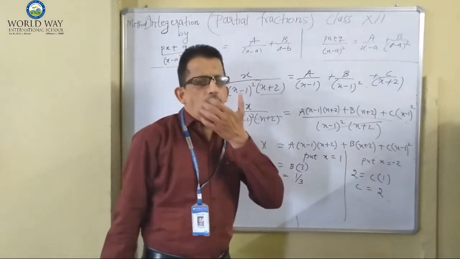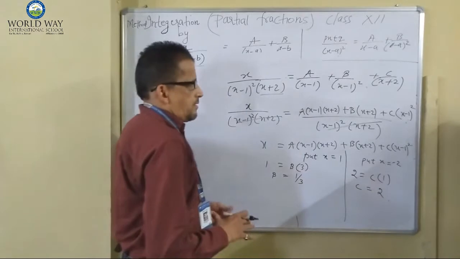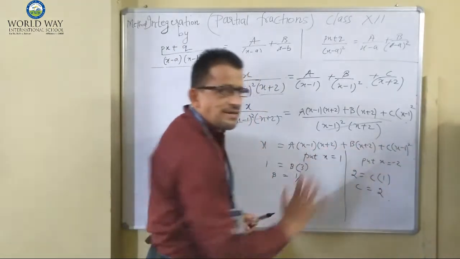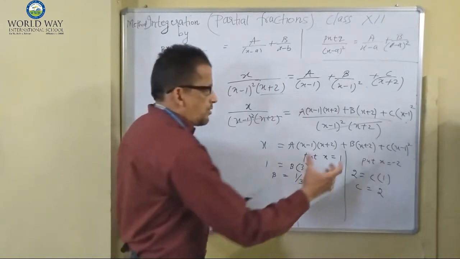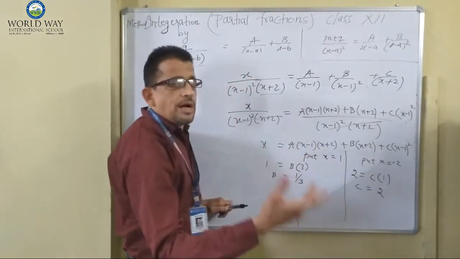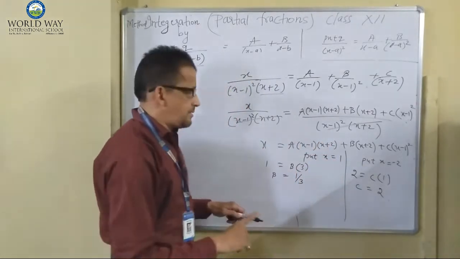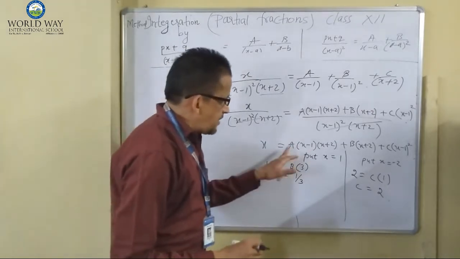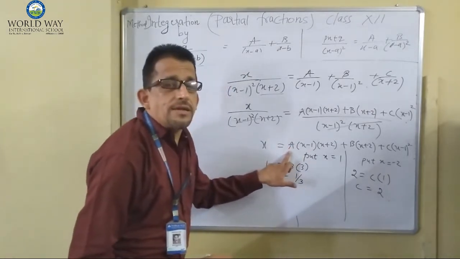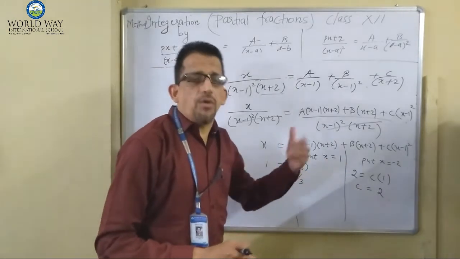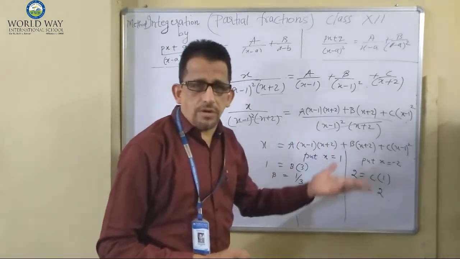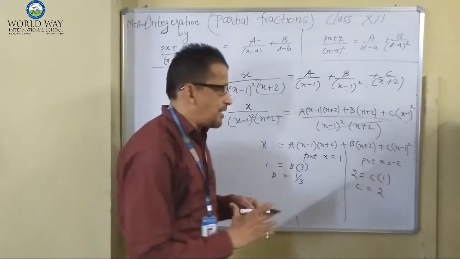What about a? How to find the value of a? No more linear factor is left. Now what to do? For this we have to compare the coefficients. Now look at this case, in which a is the coefficient of, whether it is the coefficient of x squared term or the coefficient of x or the constant term, you have to judge a little.